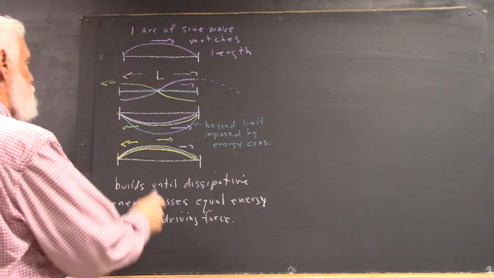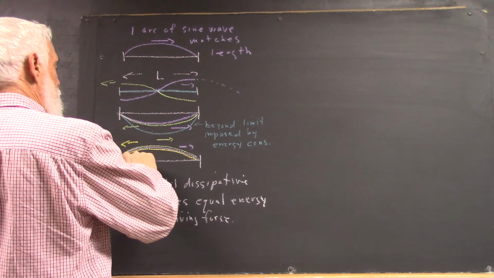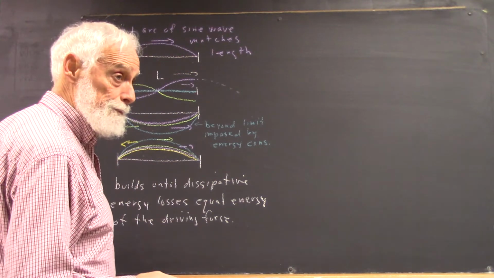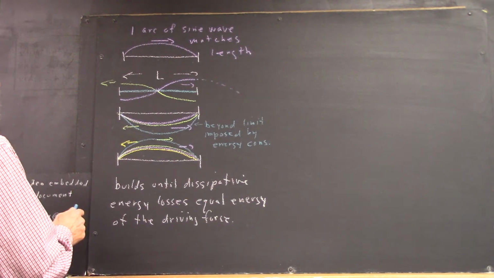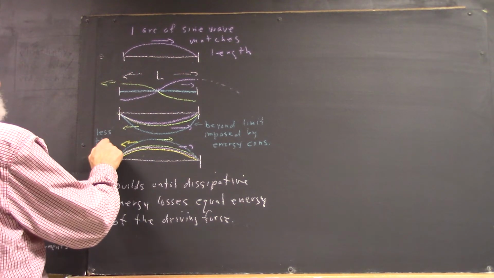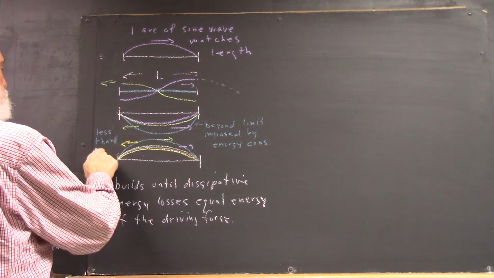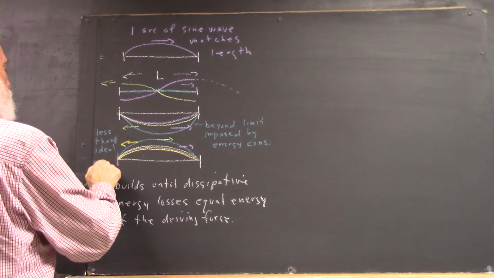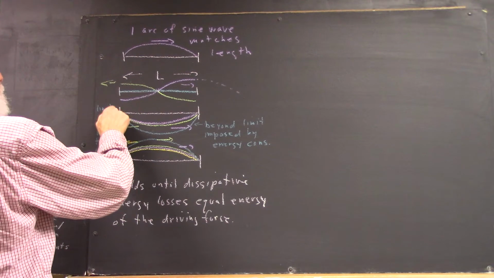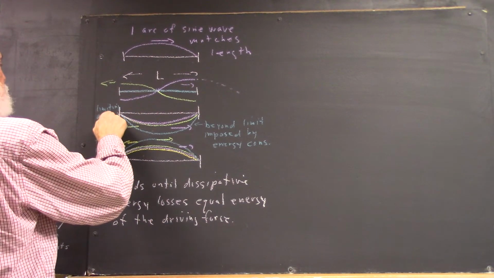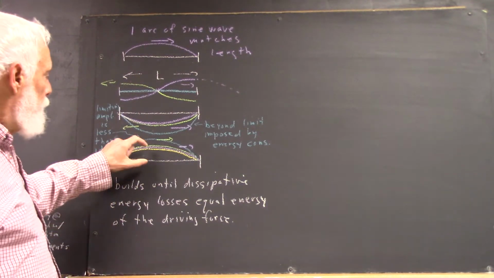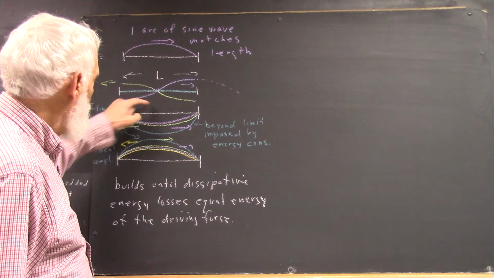So let's just say the limit is actually just like here, and I'll say the limiting amplitude is less than the ideal amplitude, because the ideal would be the sum of these three, and the thing would be all the way up here,